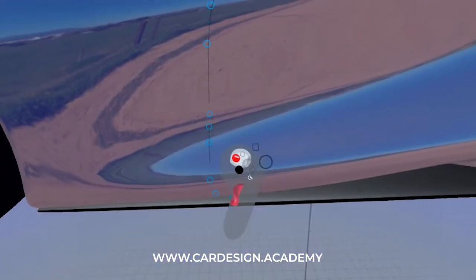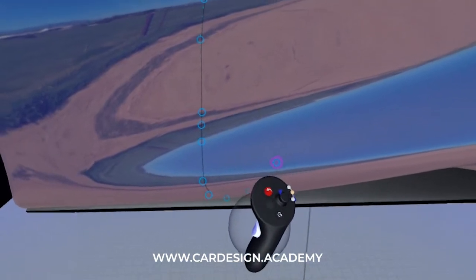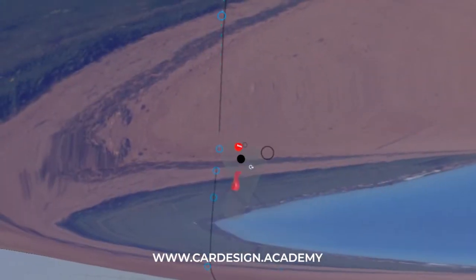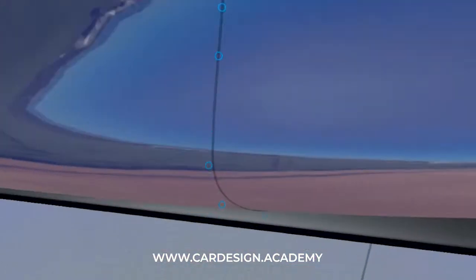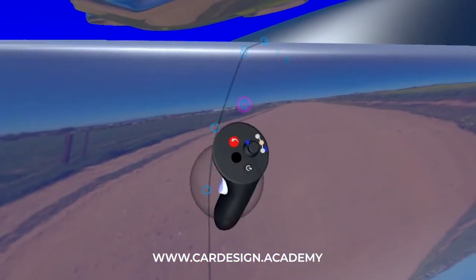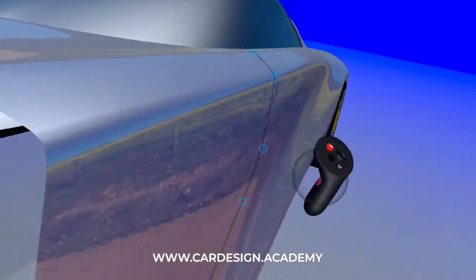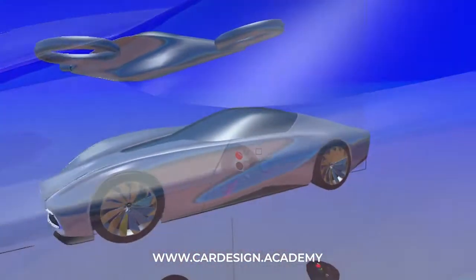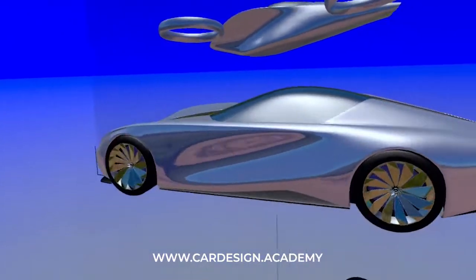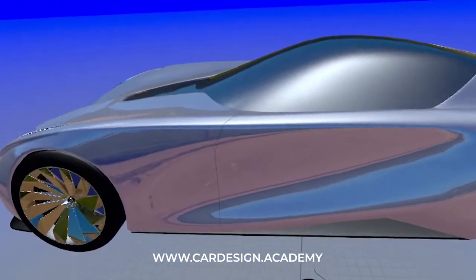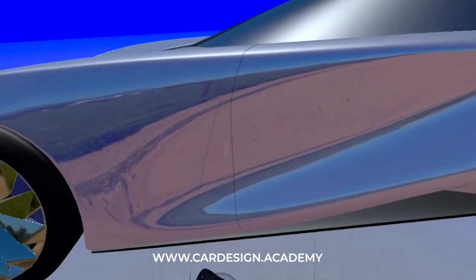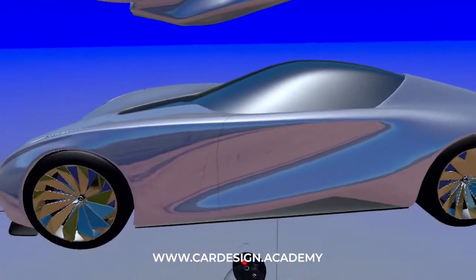I'm gonna just thicken the line slightly, just by grabbing these points and just using my thumb joystick. I can add a little bit of thick and thin to this line as well. I'll probably continue to edit this line, but that is pretty close. And maybe I'll just lean it forward a little bit more too. Actually, the more I lean it forward,